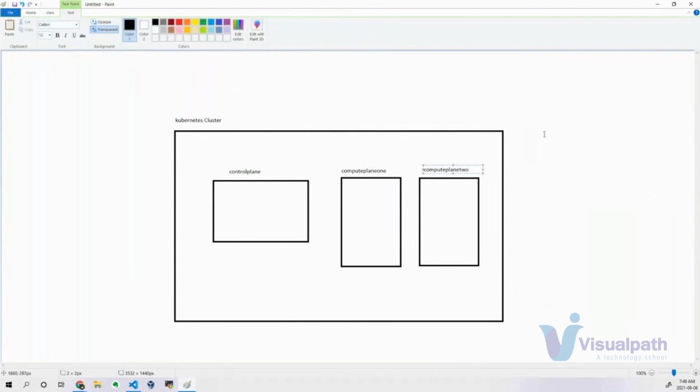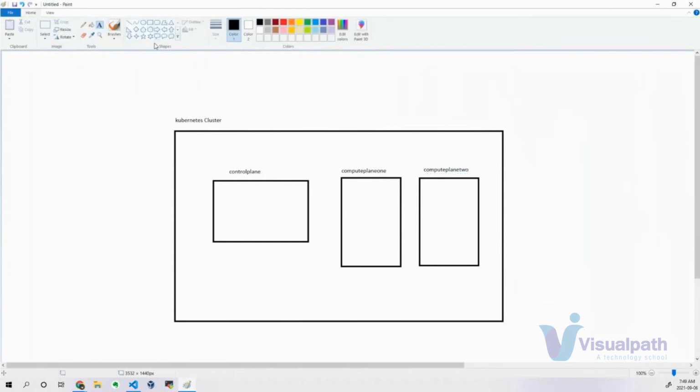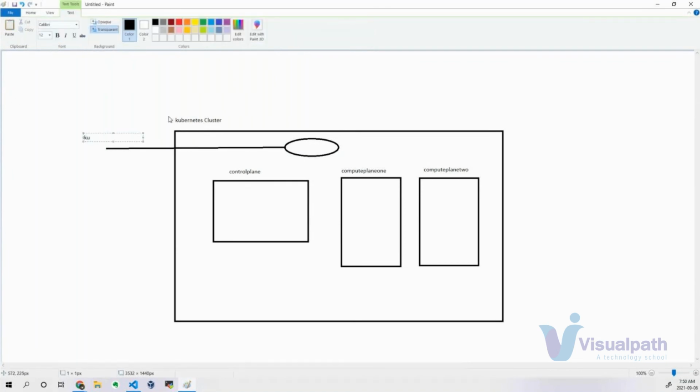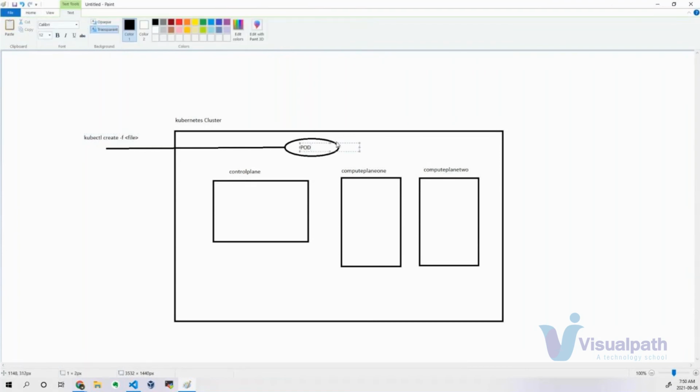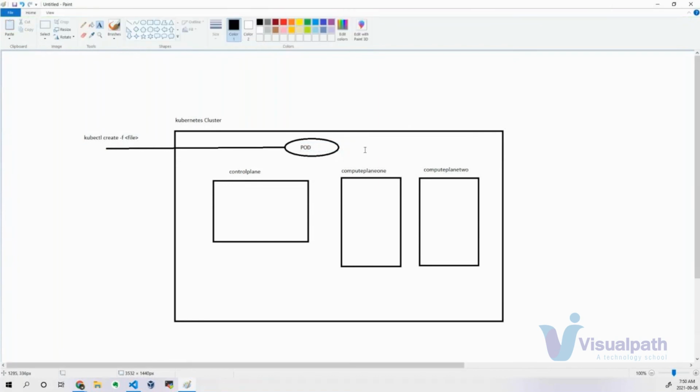Now I'm trying to deploy a particular pod. I have written a YAML file, and through that YAML file I'm trying to create a pod. As a user, I'll be using the kubectl command, passing the YAML file with create -f. When I execute this command, I'm trying to create a pod, and this pod's YAML file has a volume section which is related to